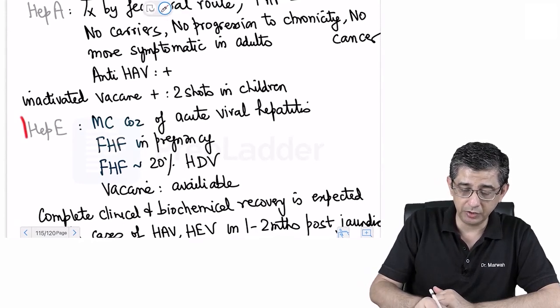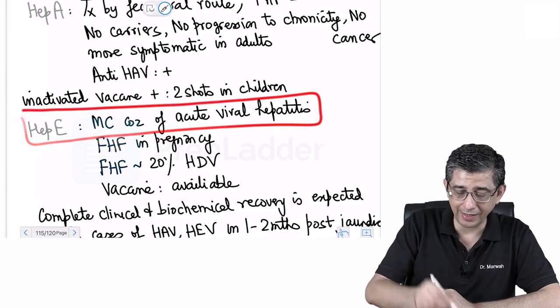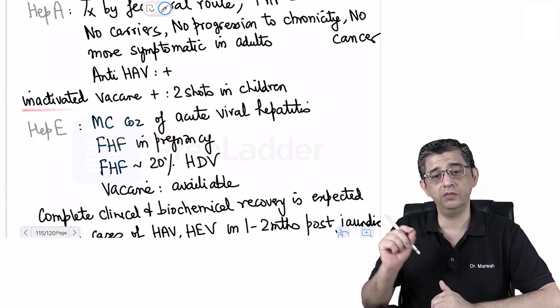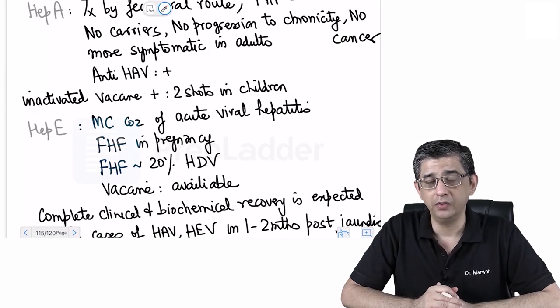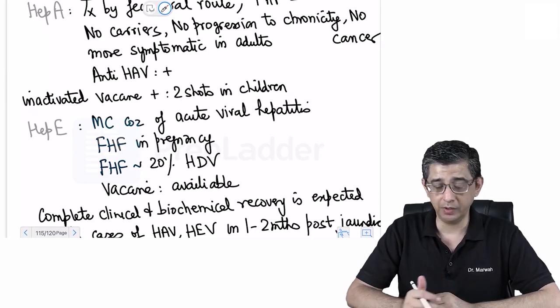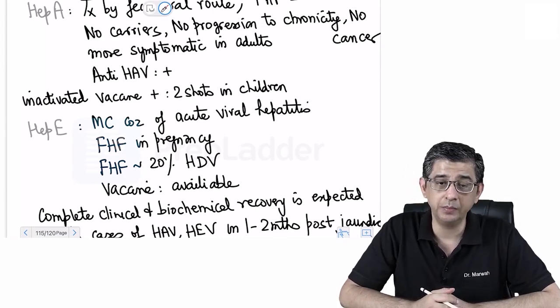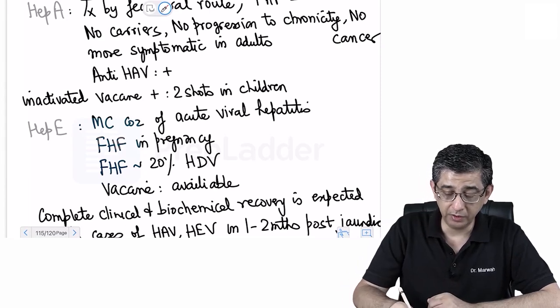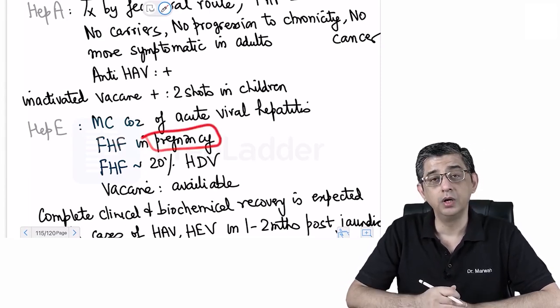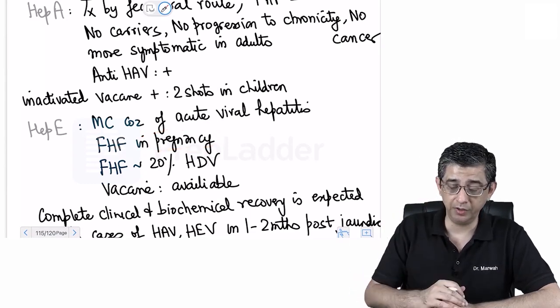And I'm not saying it just from a PSM perspective. Even Harrison is saying the statement that acute viral hepatitis is hepatitis E. Then here is again some data which you can revise for hepatitis E. The leading cause of fulminant hepatic failure in pregnancy is hepatitis E. But if the pregnancy word is not given in the MCQ, then if you read the table in Harrison, fulminant hepatic